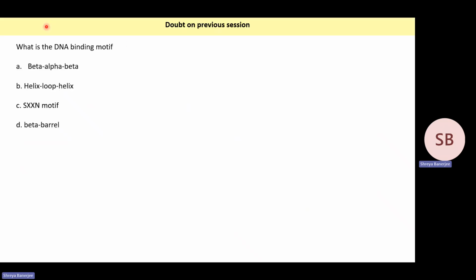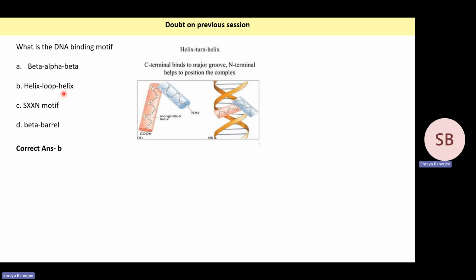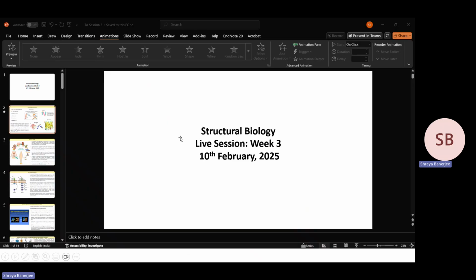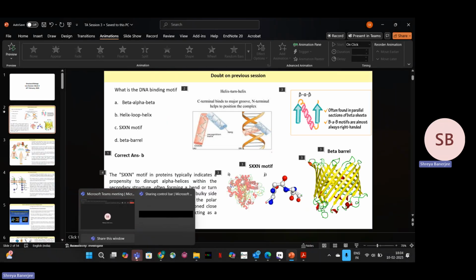So one doubt in the previous class was this sample question: among these secondary structures, which is the DNA binding motif? The answer was clear that it is the helix loop helix, where there are two helices connected by a turn. And one of the helices in the C terminal,